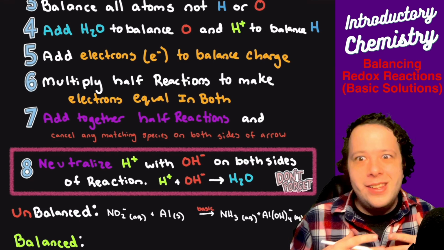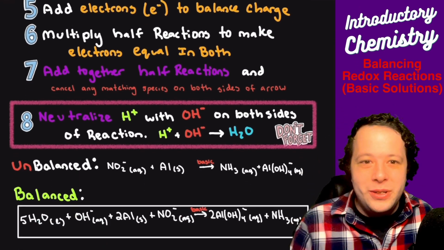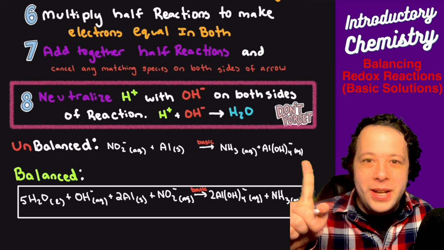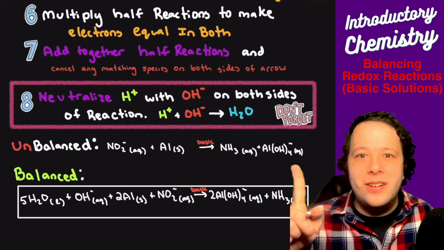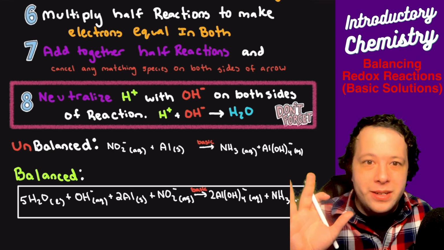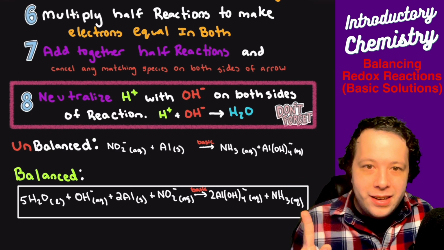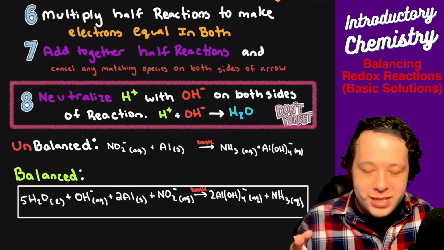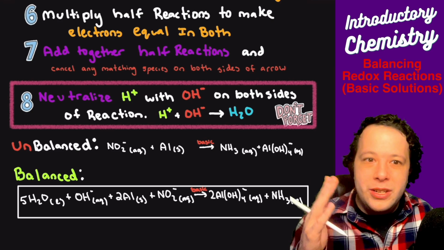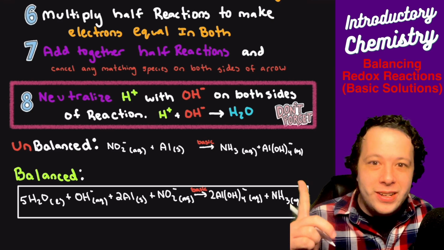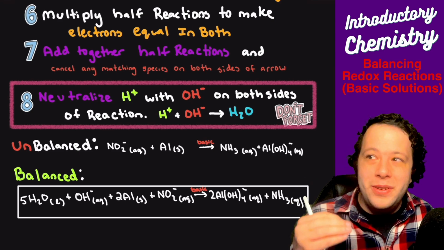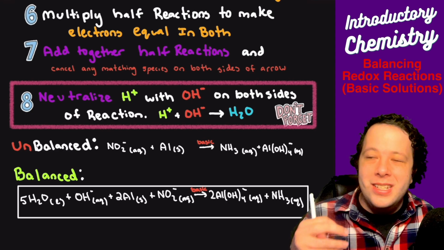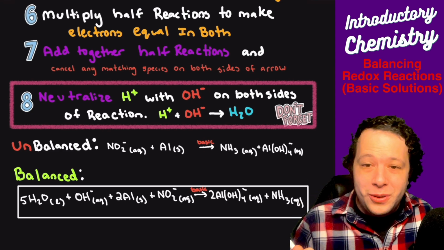So this is now officially the hardest one. You go from this unbalanced form, where the charges are not balanced between the different ions, and then you can go to having hydroxide in the problem. You can see the basic component, you can see water, and then finally balancing it. And it is a very, very long process. So good luck on all these kinds of problems.